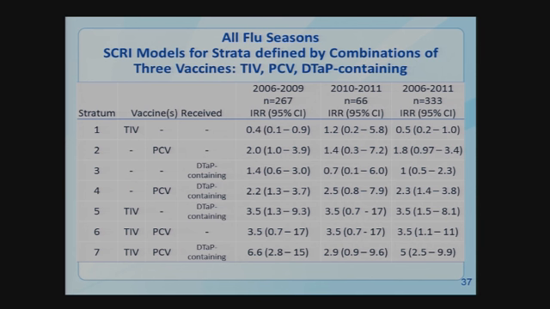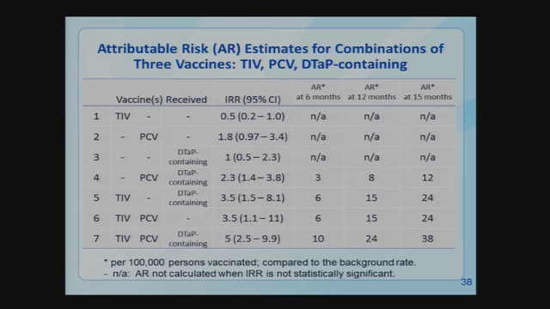So then the next slide, again, as we said, we wanted to extrapolate these relative risks into attributable risks, which is what is shown here. So in this slide, again, we have the same vaccine combinations, the same relative risks as showed from the pooled data on the previous slide, and we're showing the attributable risk estimate at ages 6 months, 12 months, and 15 months. And so the difference between the different ages is really the difference in background incidence of febrile seizure in the population. It's not a difference in relative risk due to vaccination.